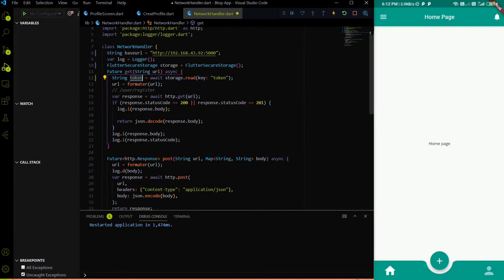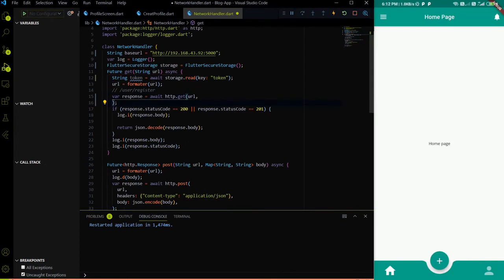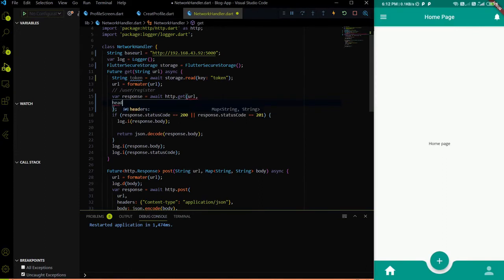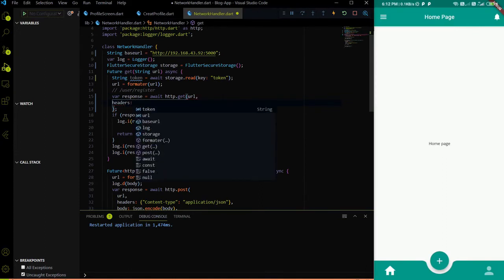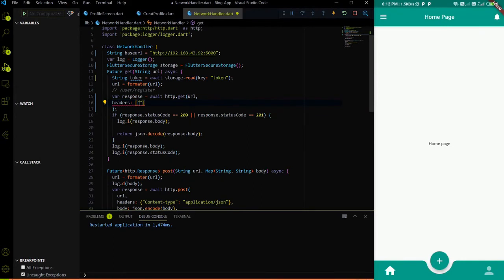So just like we did here, we are using a header, we had to use the header over here also. Let me add a header. So in the header we will provide the authorization, because we are passing a token, and at the time of testing a REST API on Postman, we also use the authorization.